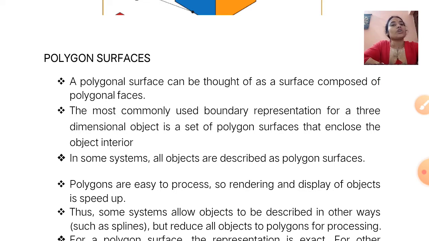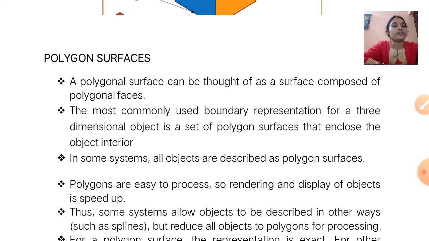The most commonly used boundary representation for a three-dimensional object is a set of polygon surfaces that enclose the object interior. In simple words, a 3D object is a set of polygon surfaces that enclose the object interior.